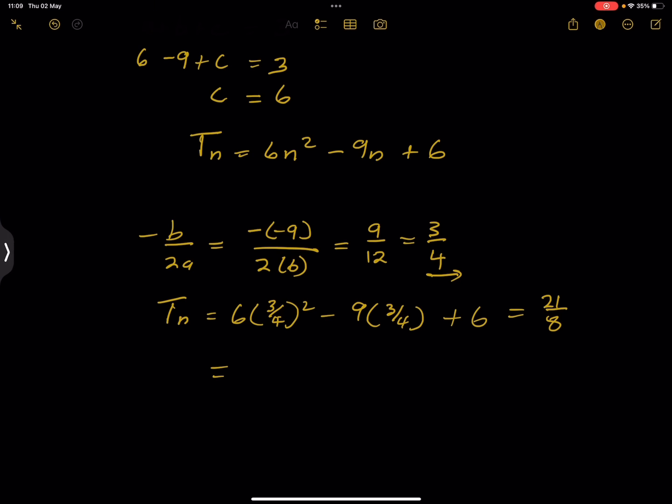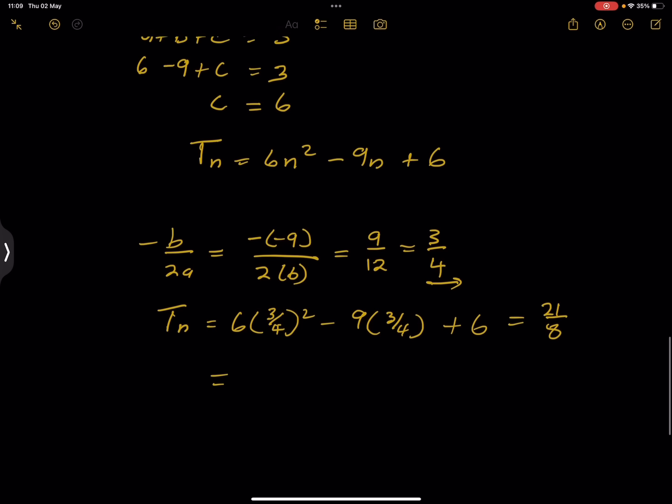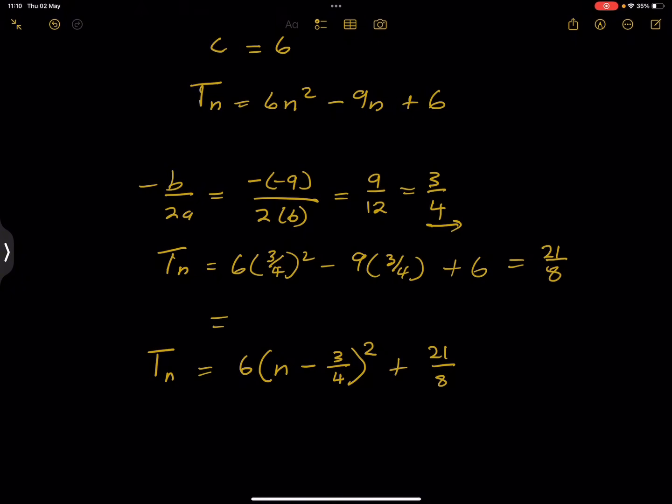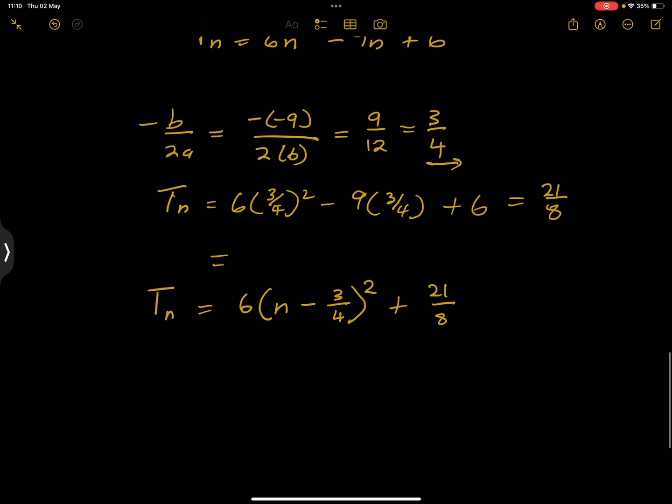Now, ladies and gents, what I'm simply going to do is I am going to write this sequence or this pattern in this manner, right? So this would be equal to 6 into n minus, now note this is 3 over 4, right, squared plus 21 over 8. Okay, so notice I have written it in the form a into x minus p all squared plus q, right? Now if you look at this,